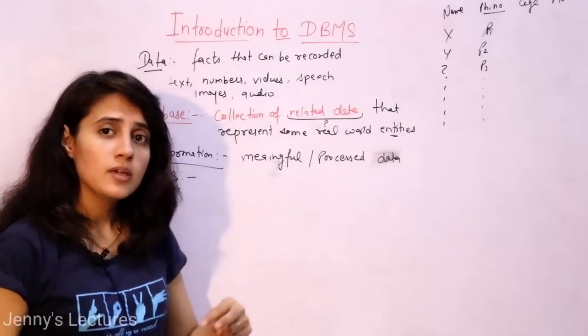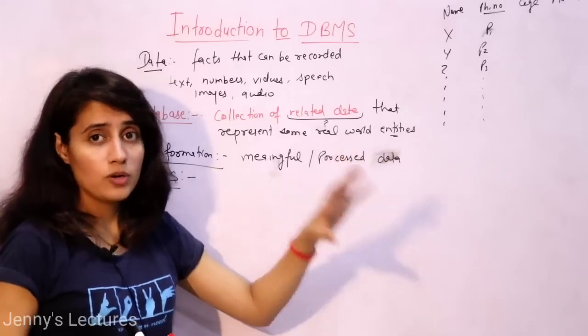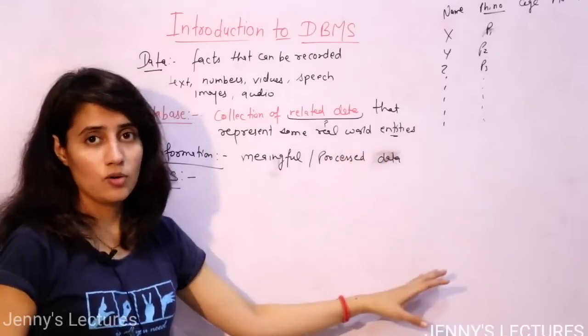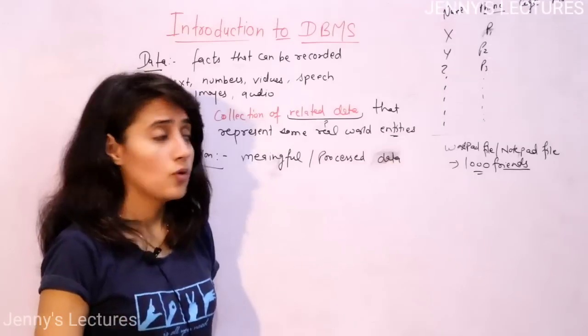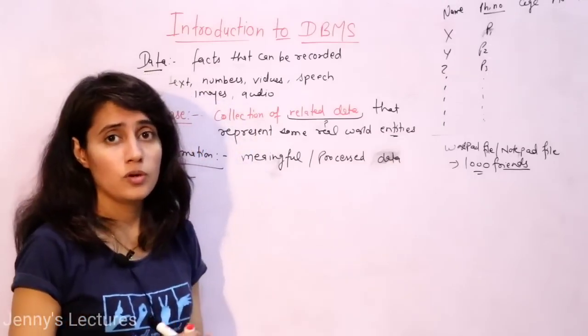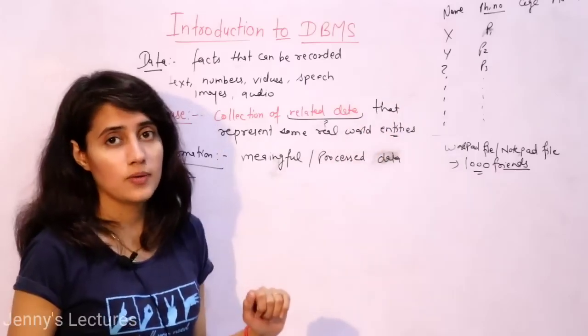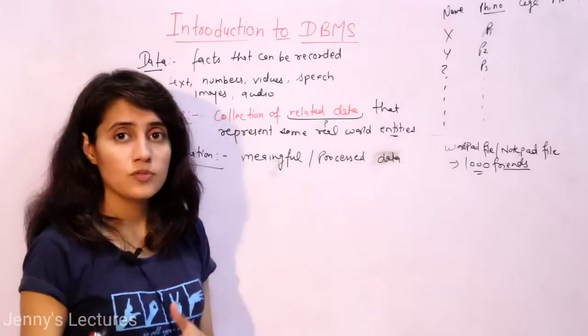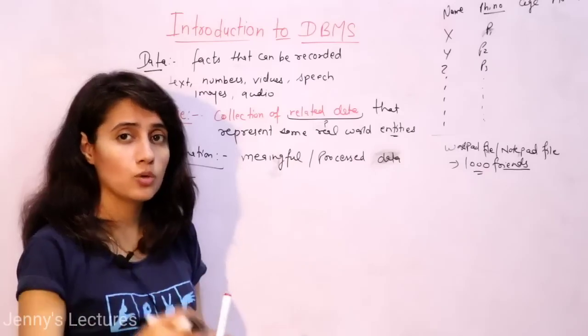Now third, maybe we can use a computer and there I can make a notepad file, wordpad file, and record all the phone numbers of 1000 friends. Now here the problem is what? If you want to search the phone number of any one person, then you have to do it manually, right? And if I have 1000 friends, then it would be very difficult to search the phone number of a particular person